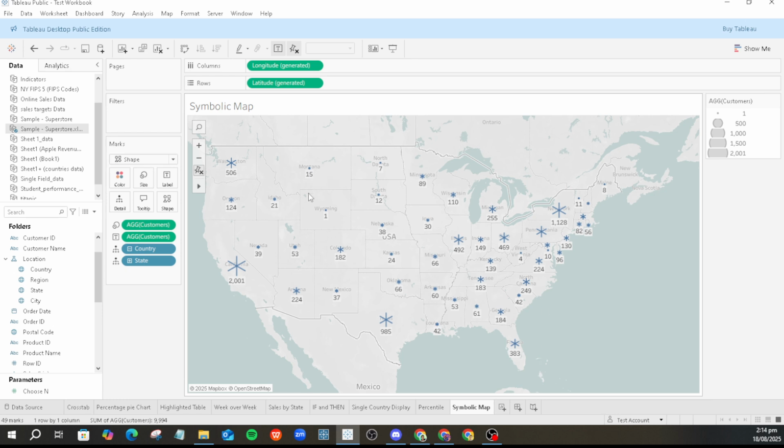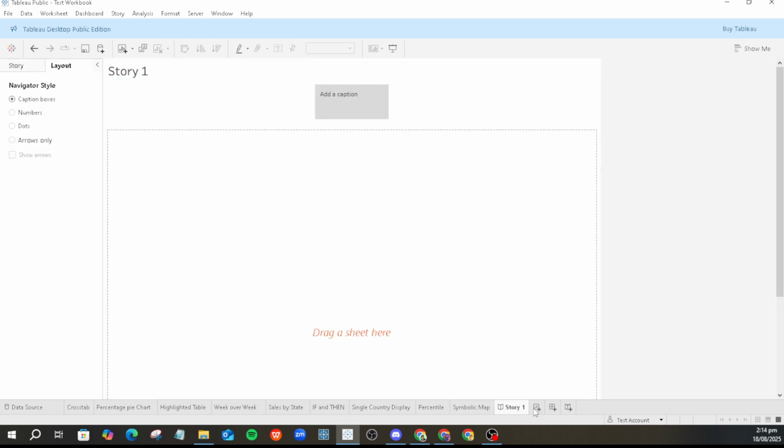worksheets wisely. Once you have your worksheet ready, the next step is to click on the story icon within the Tableau interface. This icon is crucial as it represents your gateway to beginning your storyboard creation. After selecting this, you have the option to name your storyboard. Don't skip this step. Having a clear name helps you and anyone else viewing it to immediately understand the focus